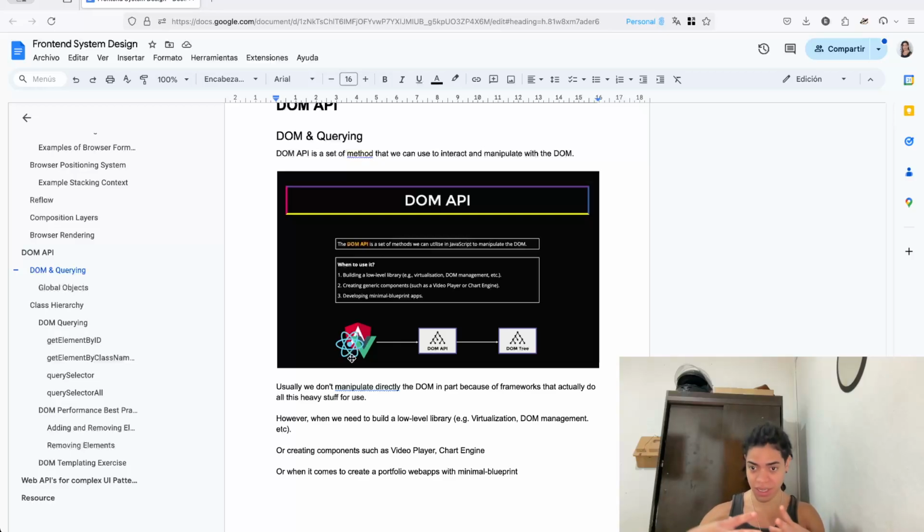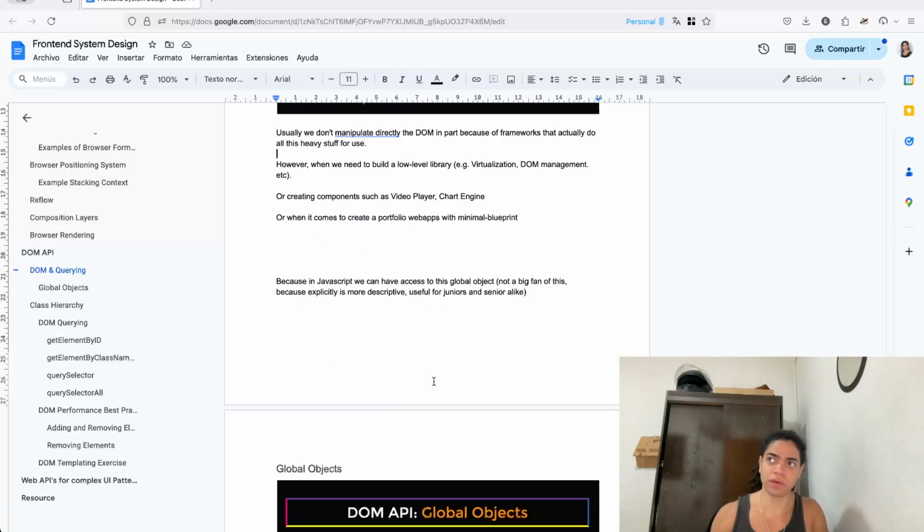They are facing particular problems here, or they are now facing that particular challenge here. And the other is when you want to create a component, let's say a video or a chart engine that is using SVG elements, for example. So because of that, we need to look at first,